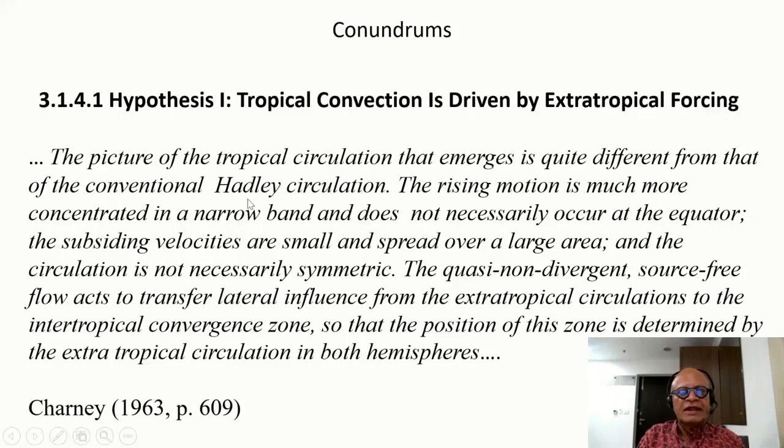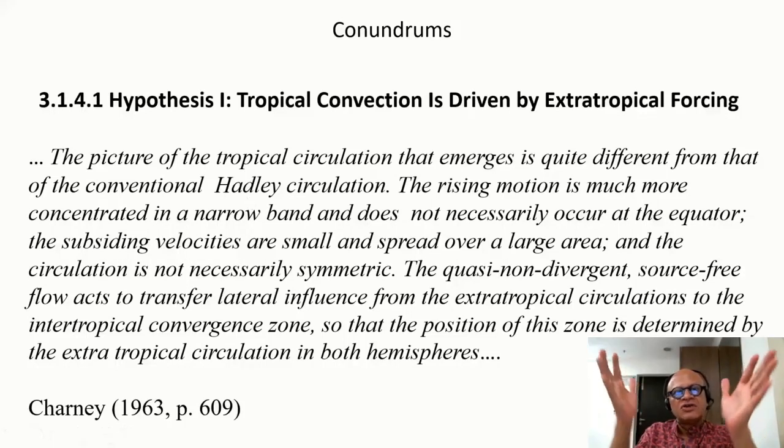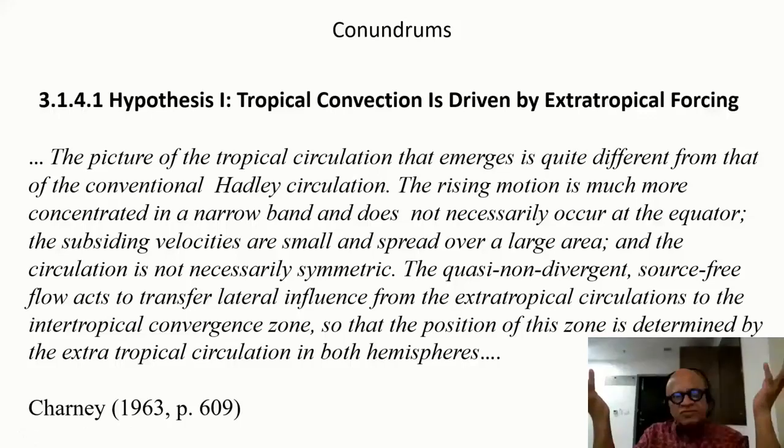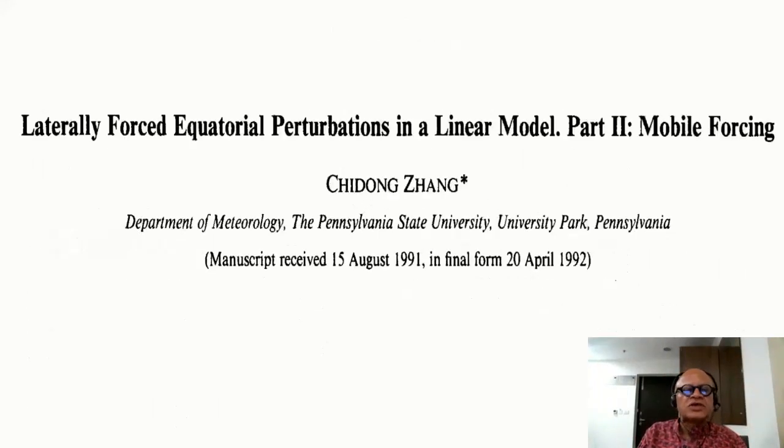In the conventional Hadley circulation, we always say there is excess energy in the tropics, air rises, there is convection, and then there is divergence and the Hadley cell. All right. So the ideas that have evolved since obviously have tried to close this loop,